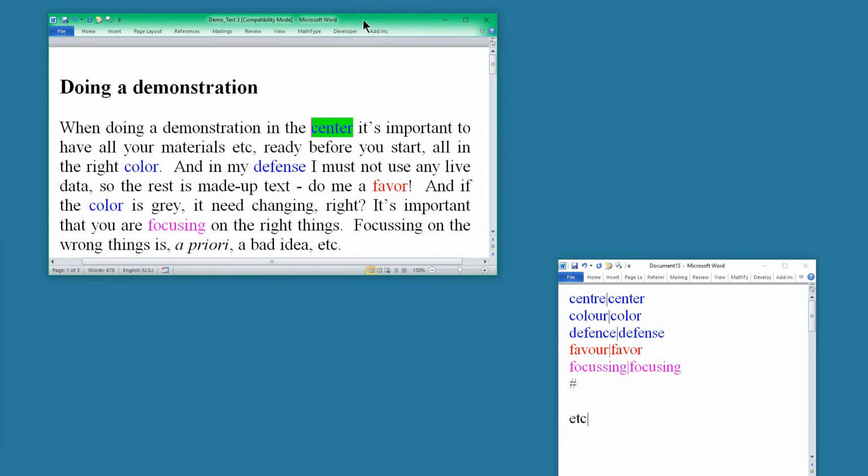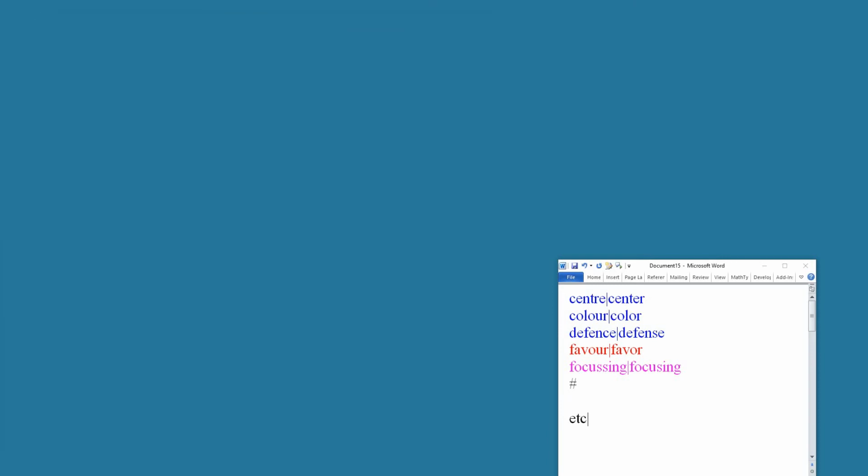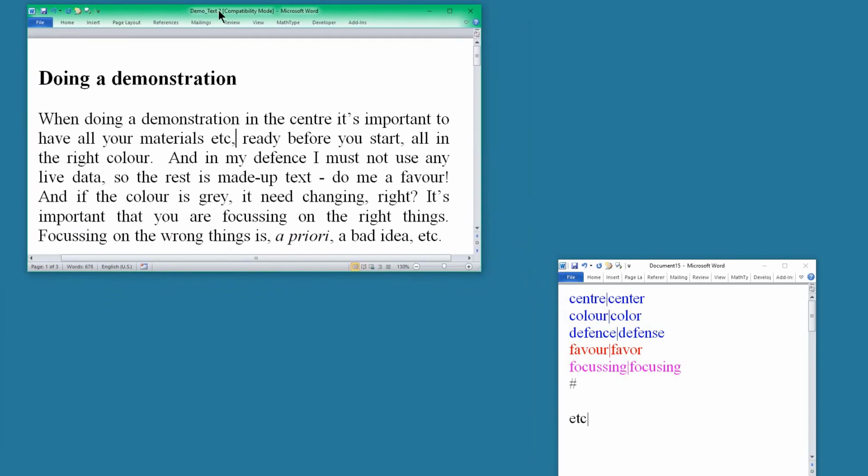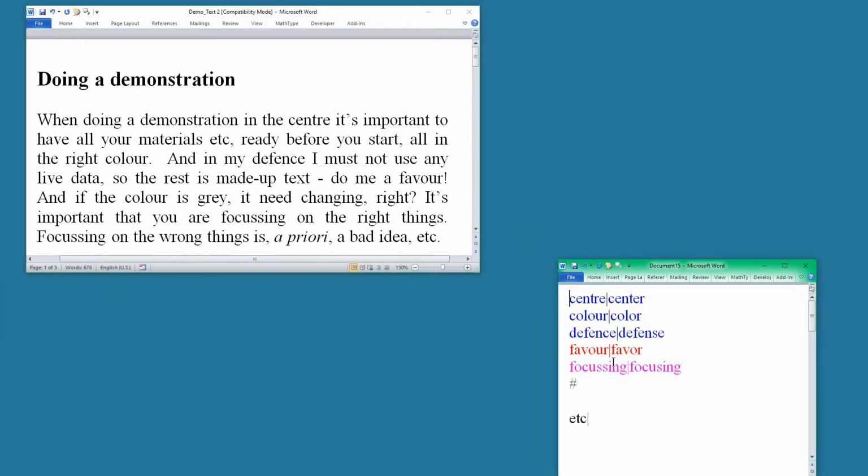So let's start again with another clean document. Oops, that's not a clean one. Where's my clean one? Here we go. Right. So what I want to do this time is say, well, okay, etc. It didn't like the etc. because it didn't have a full stop or a period, or a full point, whatever you like to call it,